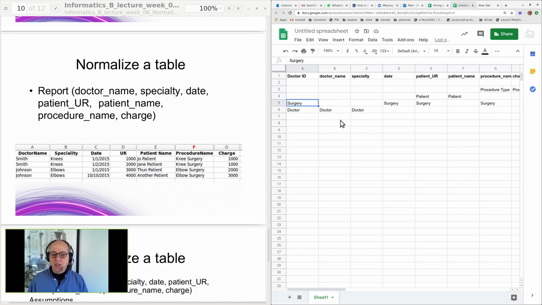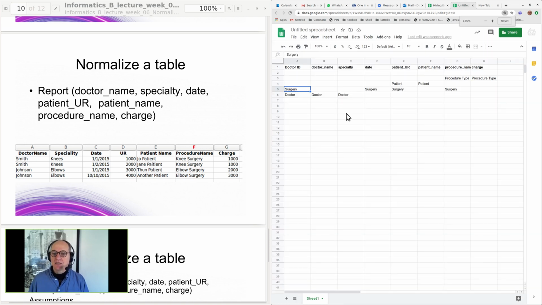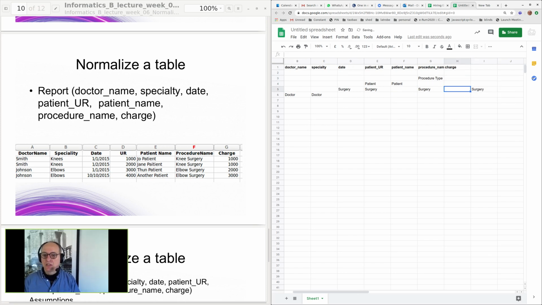So now I guess the only question is, you've got to go back to the business owners and say, is the charge directly related to the procedure, or should it be just a function of the surgery? It probably should be a function of the surgery, so we can get rid of that there. And so now we probably could get rid of the procedure type table, except for we really probably should